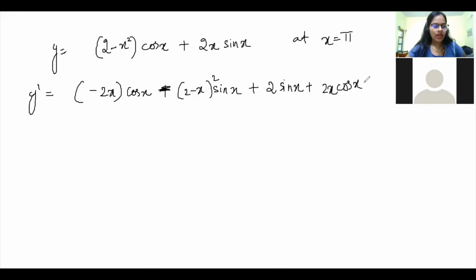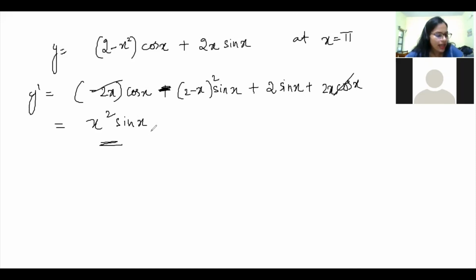Okay, so what is happening now at the end? When you solve all of these, you will get x square sin x. This and this get cancelled, this and this, when you open that, become cancelled. See, minus 2x cos x plus 2x cos x, so this gets cancelled, correct? Then if you open this, there is a minus sign over here, minus 2 sin x, then minus x sin x, so that also gets cancelled. So at the end, what is left is x square sin x.